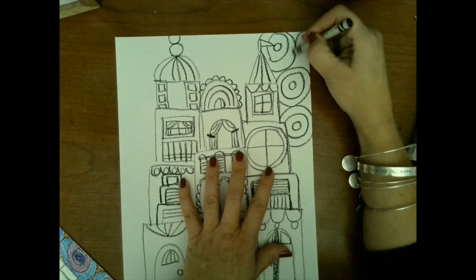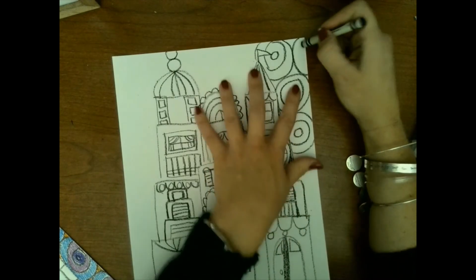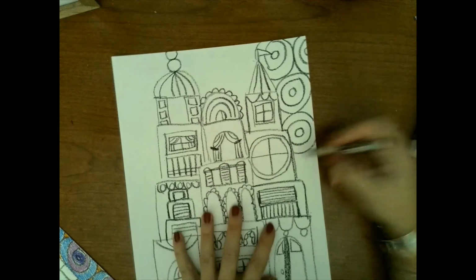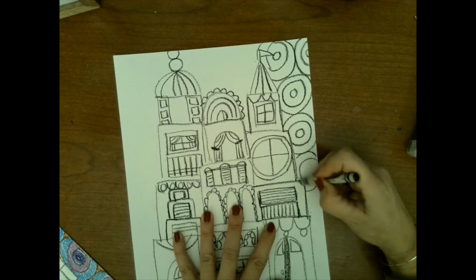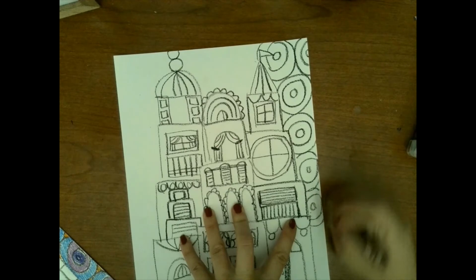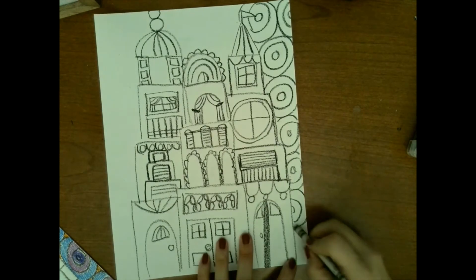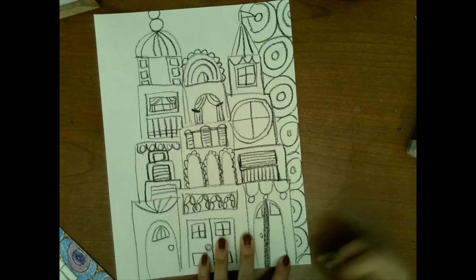This edge needs a bubble, so I'm going to just do the large circle, a little part of the medium circle, and a little part of the small circle. So I'm just going to go through and create my background with these bubble-like shapes where the building is also overlapping them. So it looks like the bubbles are continuing behind my castle, and the space is getting filled in